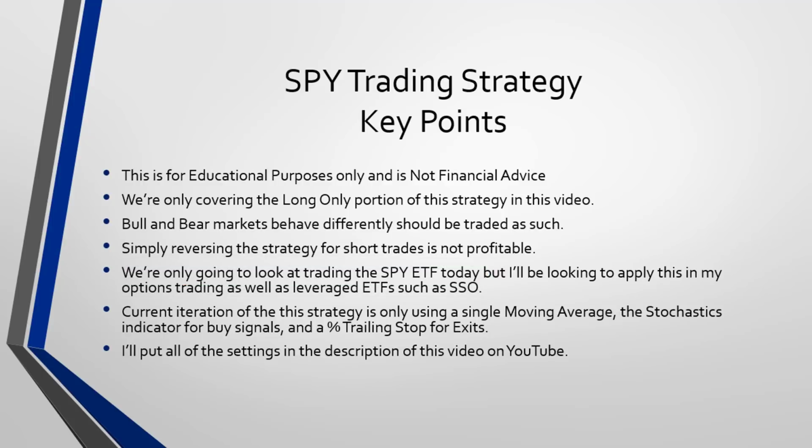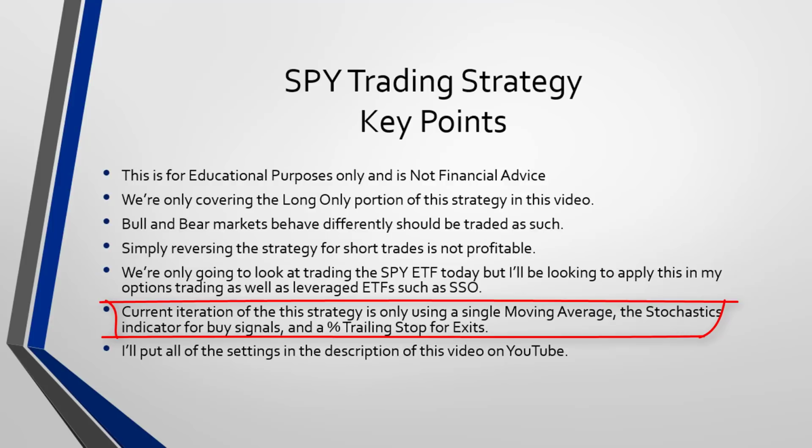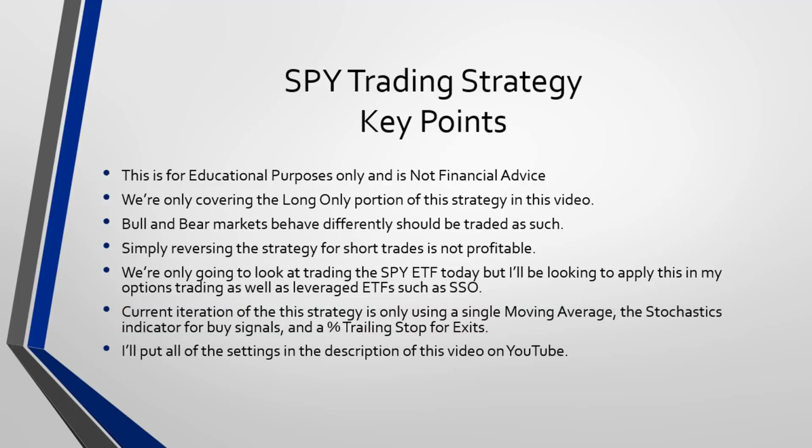So let's talk a little bit about the strategy. The current iteration of the strategy is very simple. We're going to use one moving average, one indicator or oscillator, the stochastics, and I'm actually just going to use a trailing stop for exits. Now, obviously, if you want to try to apply this to credit spreads, like put credit spreads, a trailing stop probably isn't your best bet, and I'll talk about that in a different video. But for the sake of this